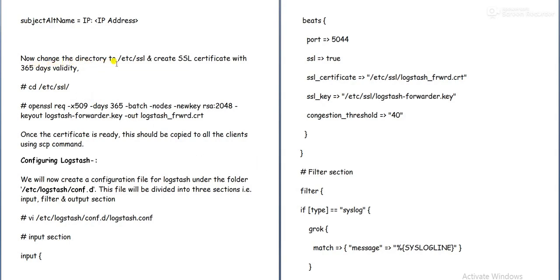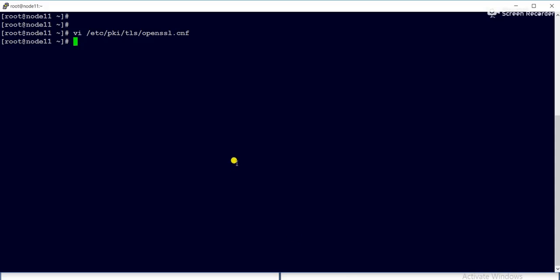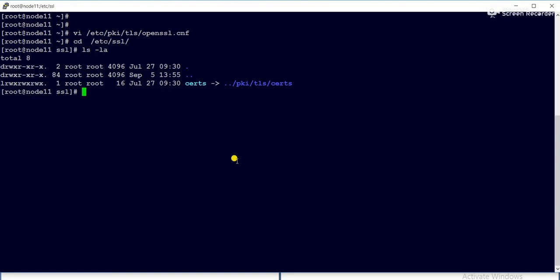Now change the directory and create the SSL certificate with 365 days validity. So we will browse to the directory cd /etc/ssl. Here we'll generate a certificate.